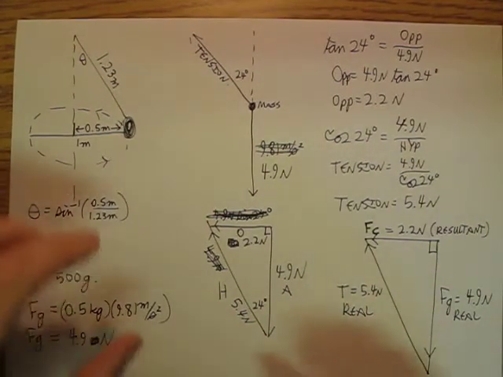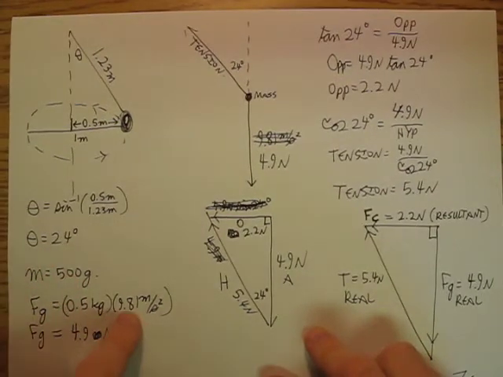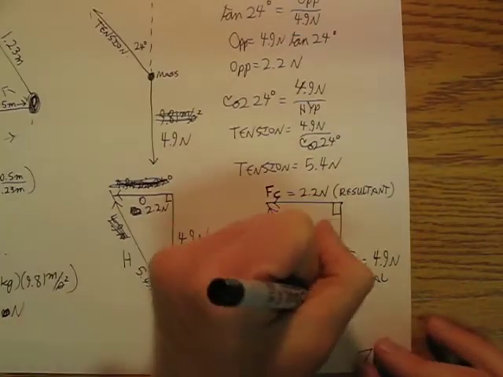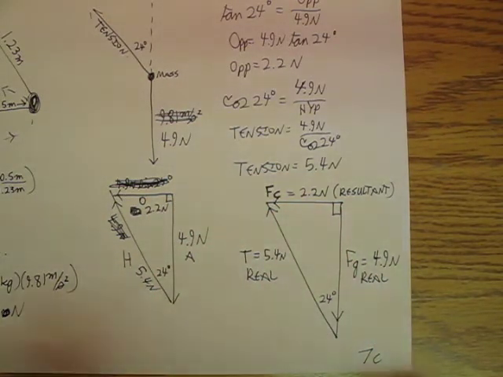We know that it was a 500 gram mass that had an acceleration due to gravity of 9.81 meters per second squared. So we found force gravity, and we ended up solving a right triangle, and we found that